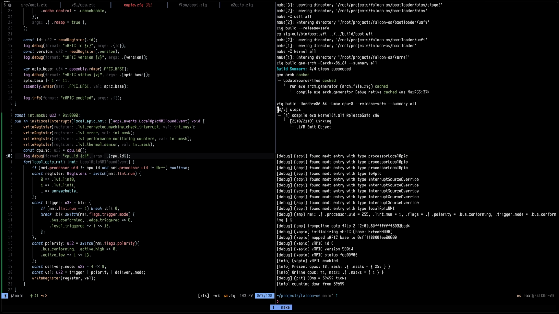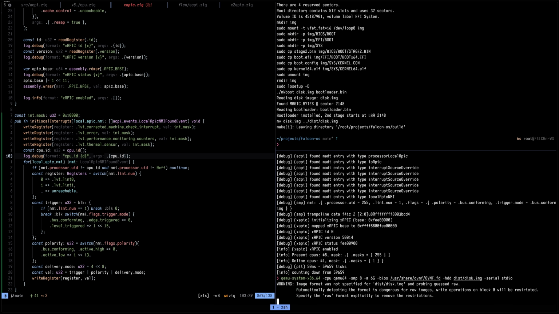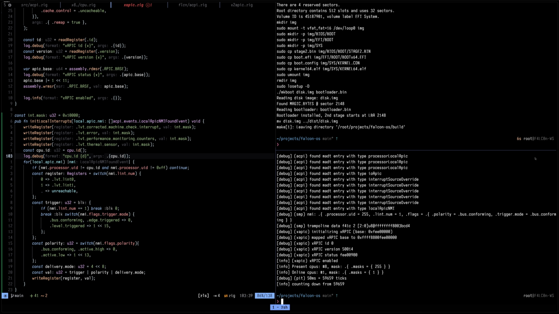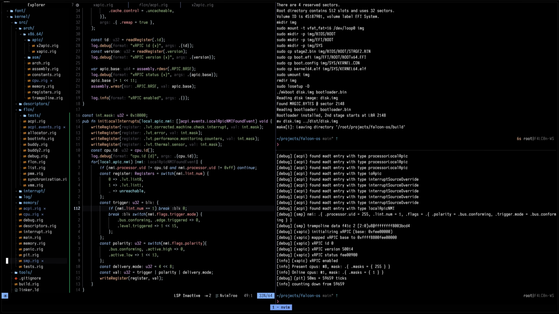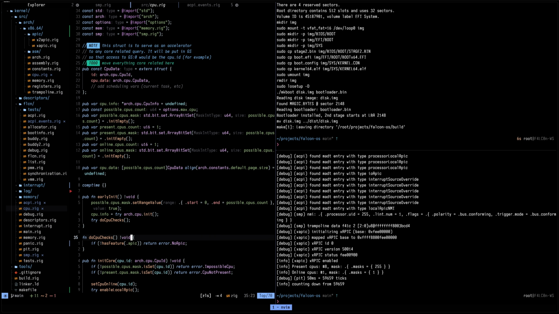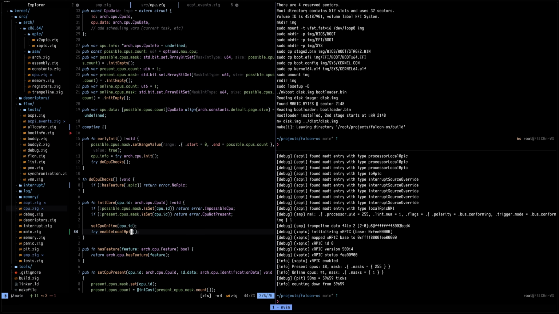I'm pretty sure it's not going to pass, or rather, it is going to pass, but it's going to crash here when we try to access FS or GS. It did not. CPU ID, wait, no, that's not it. Oh, we're not calling it. That also can help. So CPU here